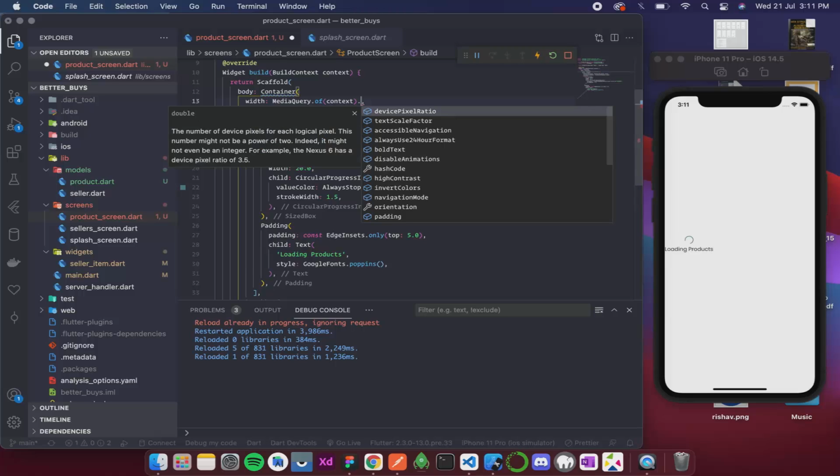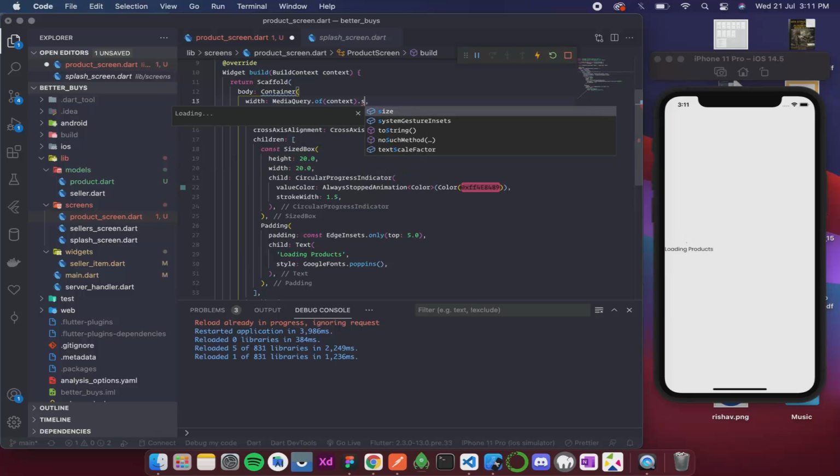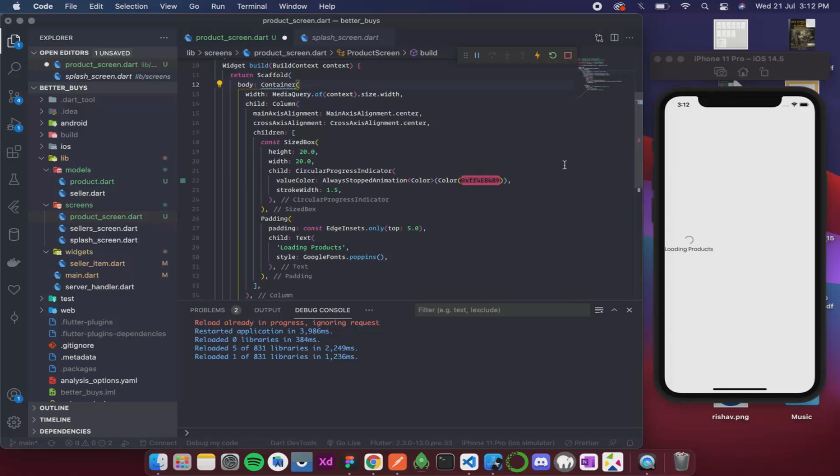Okay, no, it is the size. Okay, and then the width or something. Yes, so width. Cool. So now that we have the entire width, let's see how it looks.